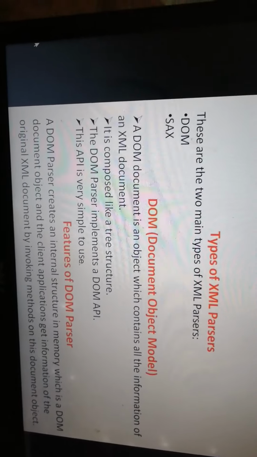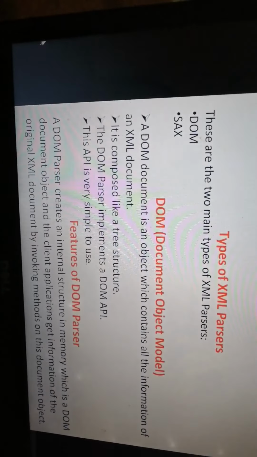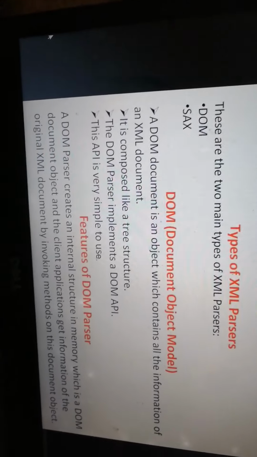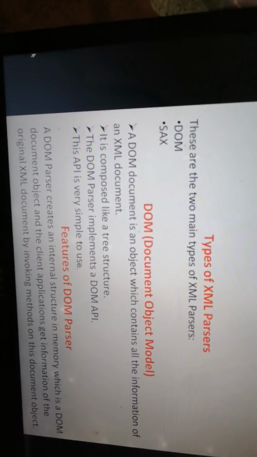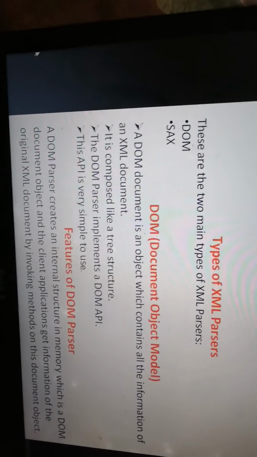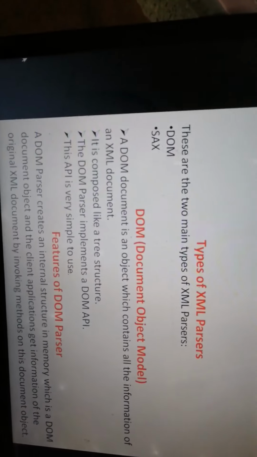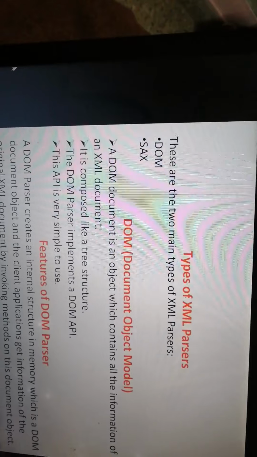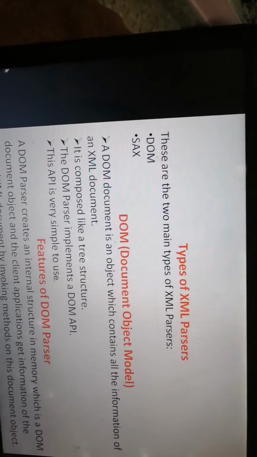I am writing a Java program that has to read that employee data from the XML file. Similarly, I have the same program in a PHP environment, which also needs to read data from the XML file. Likewise, the same employee data needs to be read with a C# program.